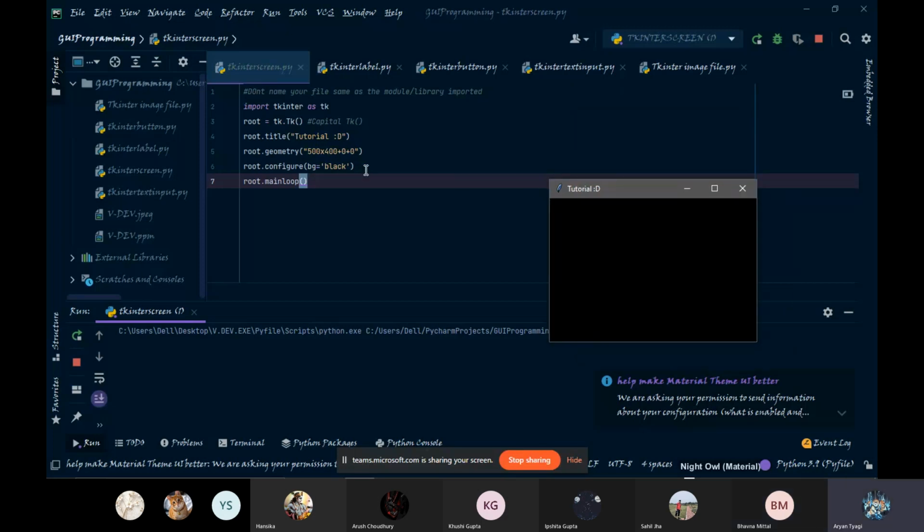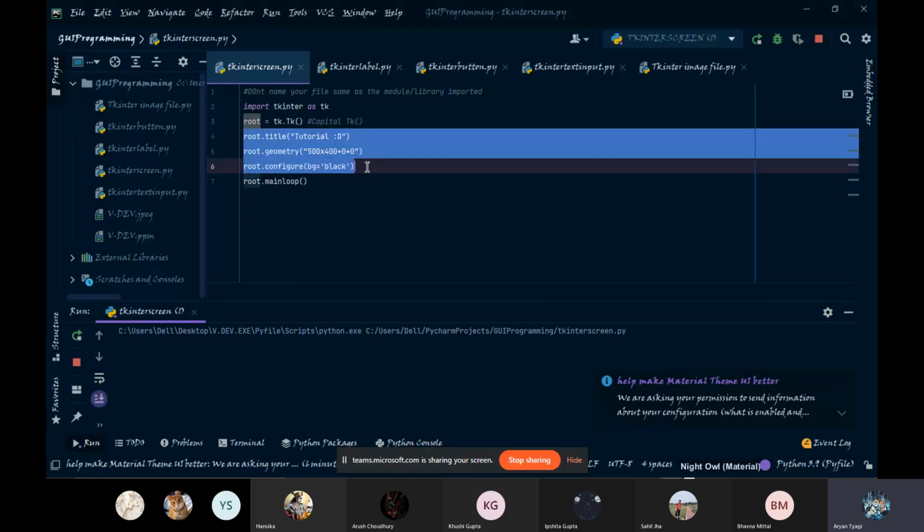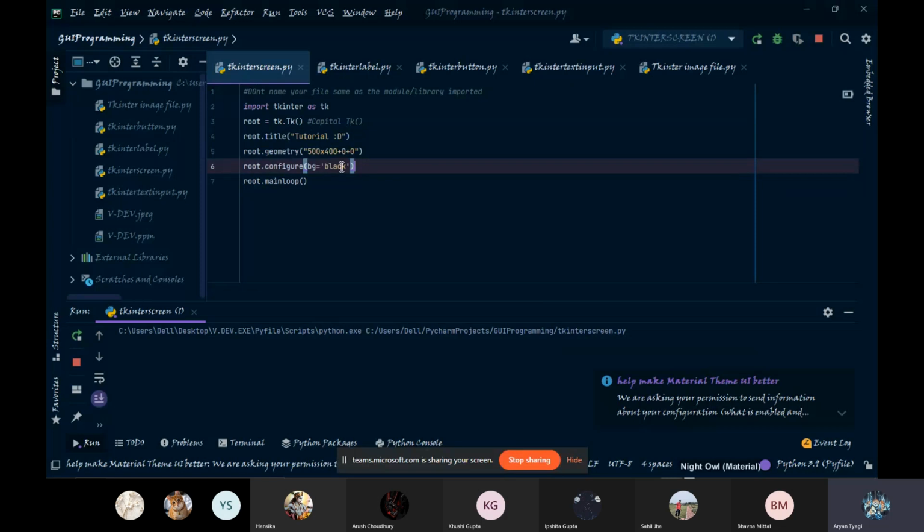So first of all, as ma'am explained all the settings for the window, we also can remove this code block as tkinter has some default settings. That would be background would be white, the root geometry would be I think full screen, and title would be root, the name of the variable. So if we mess with the settings a little bit, we can explain what they do better.